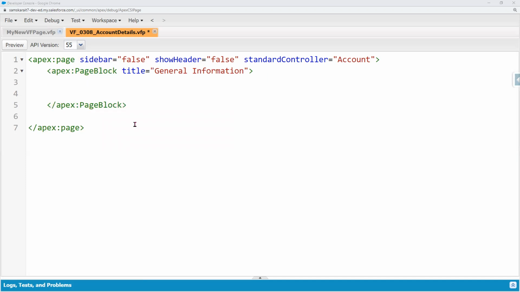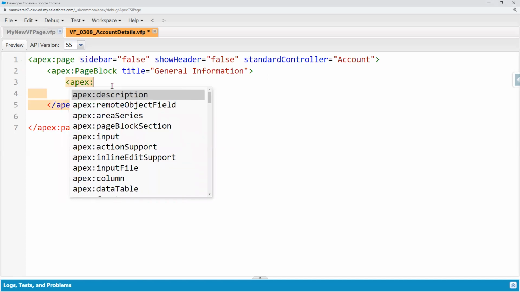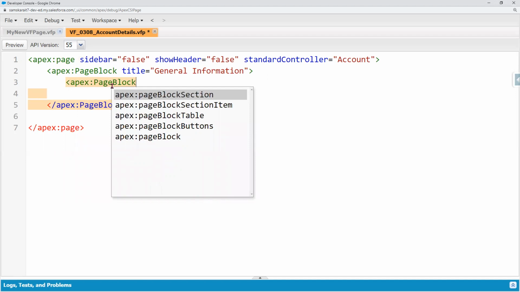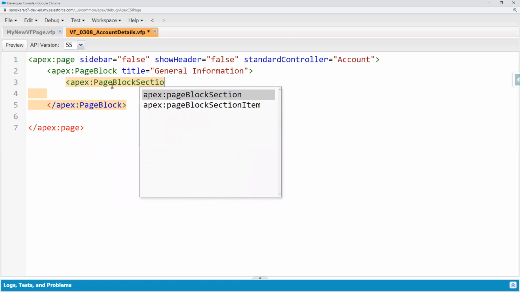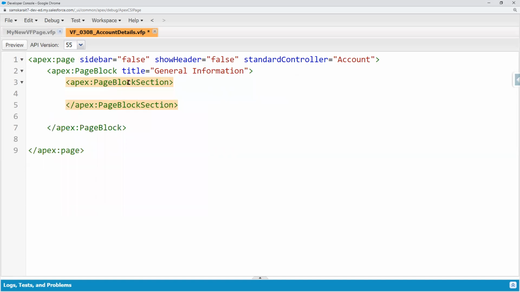Inside this, let's go ahead and add the apex colon pageBlockSection. Okay. Now inside this, I'll add the title equal to, let's give here